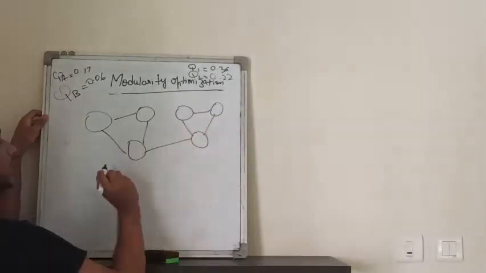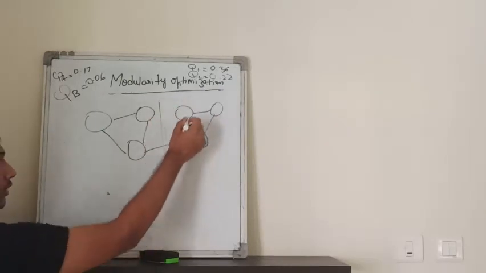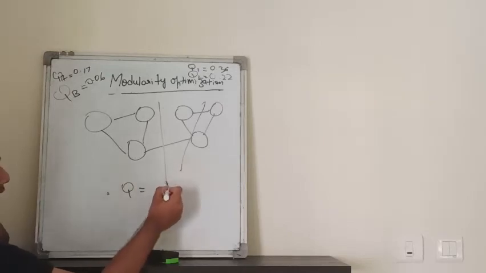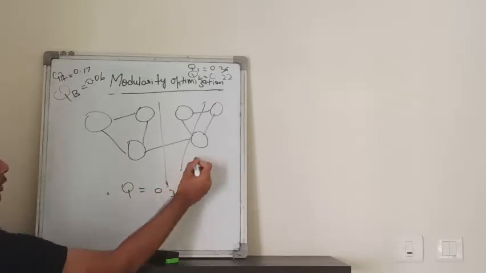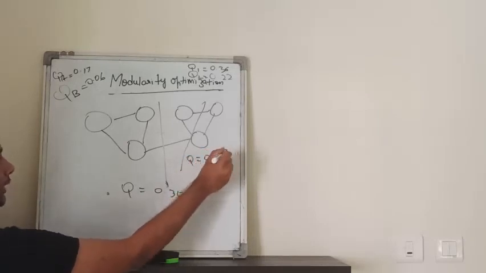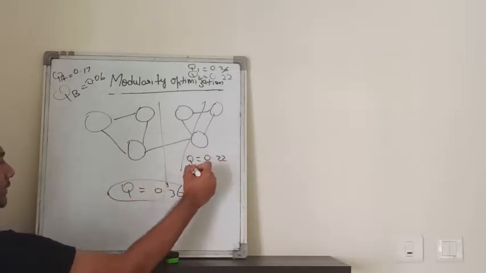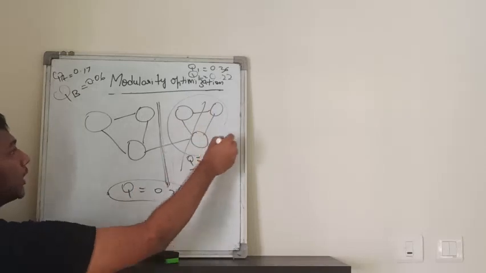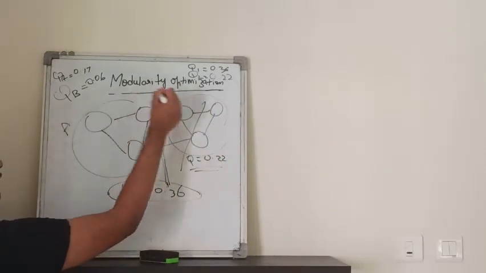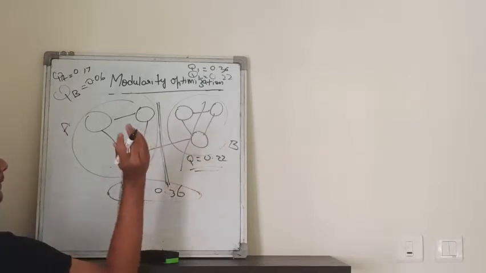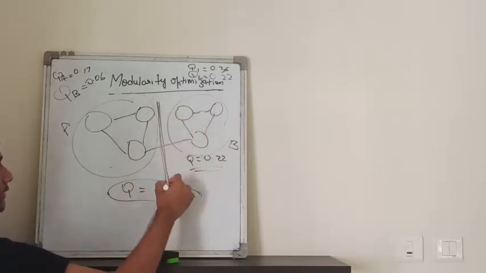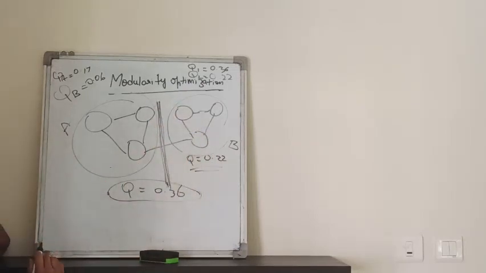Now we have to decide which of the cuts, this or this, defines communities. So Q of this cut is 0.36, Q of this cut is 0.22, and because this is greater than this, it implies that this is the proper cut and these are the two communities present in the graph. So this is community A and this is community B. So these are the communities present in the graph, and this is not the proper cut. The one we made first is the proper cut. Okay, so this is basically modularity optimization.